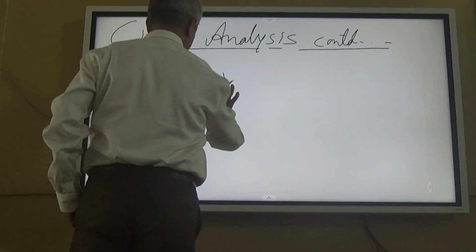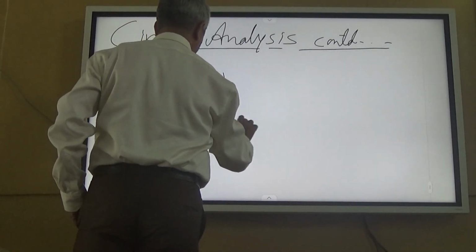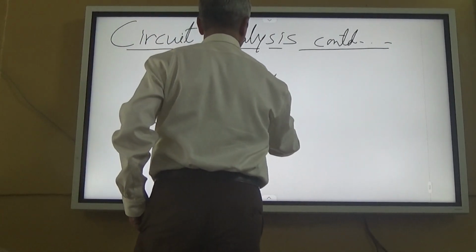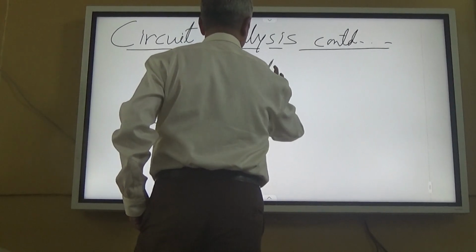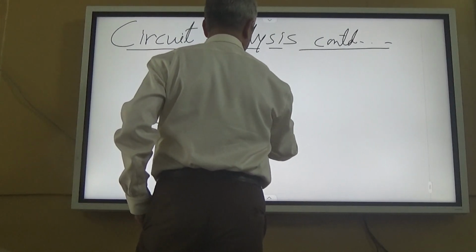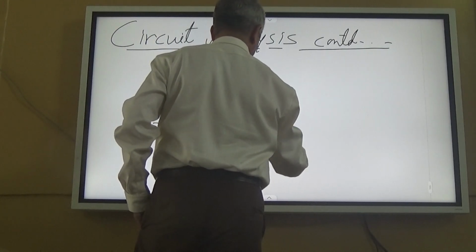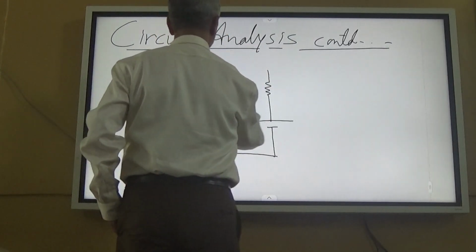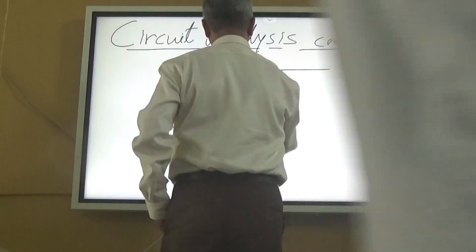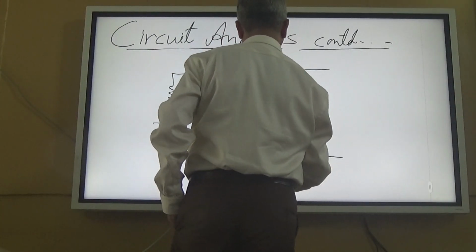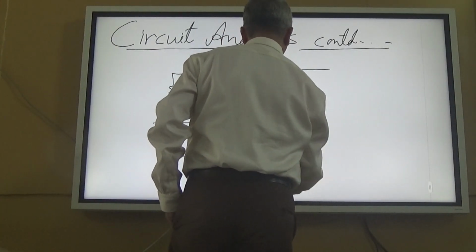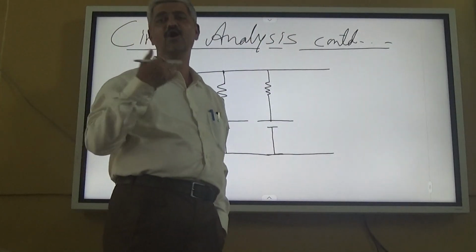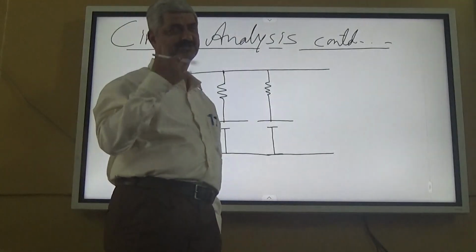It's a very simple circuit. Now, either the questions are finding out current through some branch, or we can also have a question for finding out